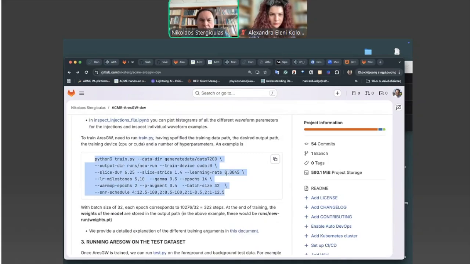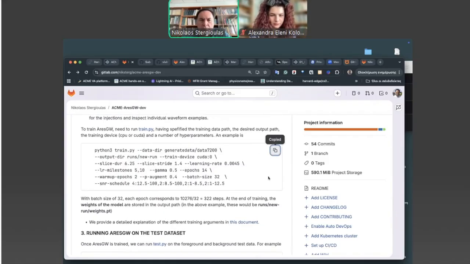We will see how it goes, but then Alexandra will take over in a short bit and explain the different parameters, what they are, what are the good values, and how you can obtain them, or how you can experiment with such values. Okay, but let's do some first training.